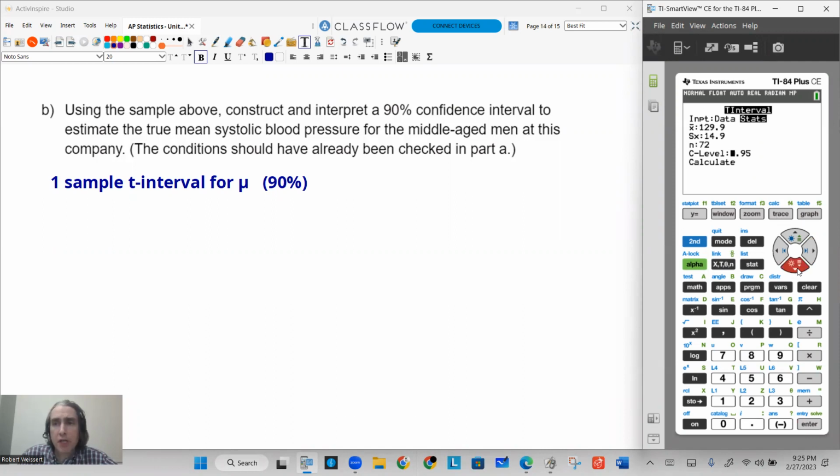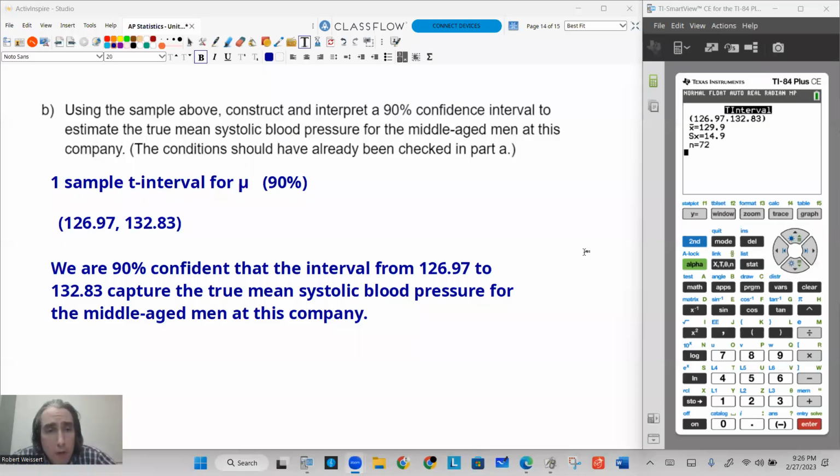The only thing we want to change here is a 90%. So let's calculate that. And there's going to be your interval. So let's go ahead and write that down. I just wrote down the interval and I did my conclusion. We're 90% confident that the interval from 126.97 to 132.83 captures the true mean systolic blood pressure for the middle-aged